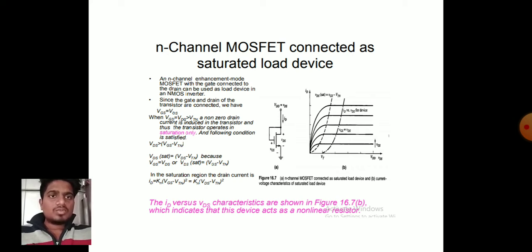When VGS equal to VDS is greater than VT, a non-zero drain current is induced in the transistor, and thus the transistor operates in saturation only. The following condition is satisfied: VDS is greater than VGS minus VTN. Finally, ID equals Kn times (VGS minus VTN) whole square. In the saturation region, the current is